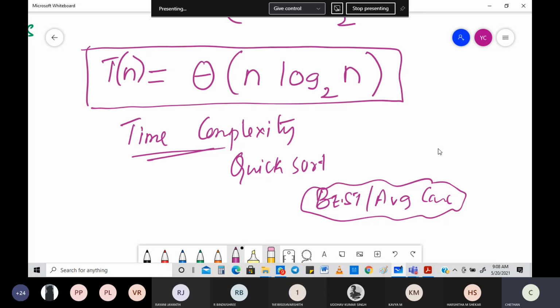Each and everything you need to know. It's like a package: quick sort, what is the package it comes with? You must be able to know everything. It's as simple as that. So let's look into what needs to be done. I've taken one example again.